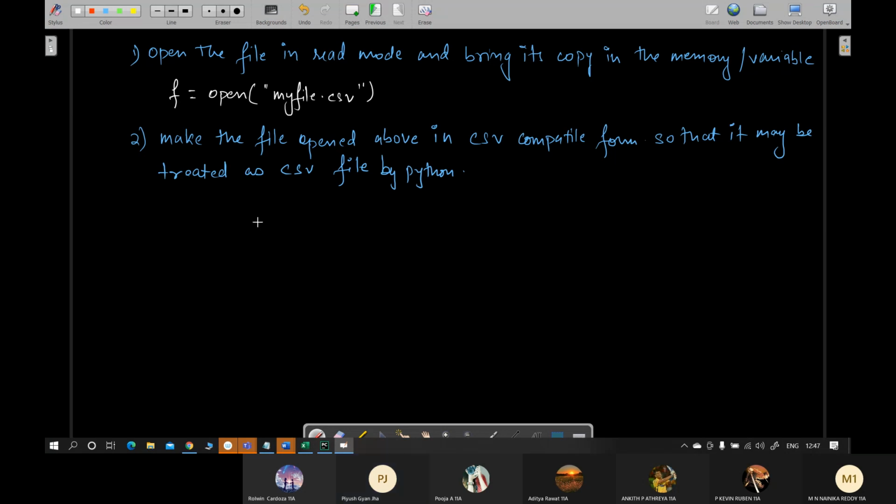How will you do that? You will store the CSV version of that file in another variable or another memory location.